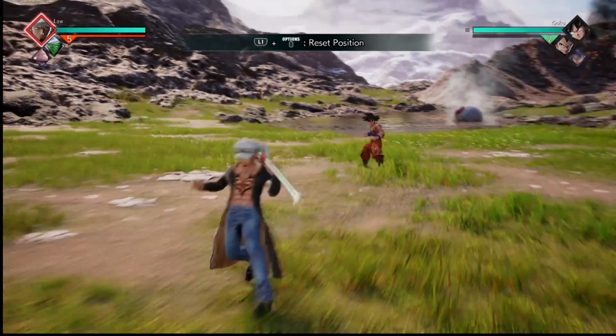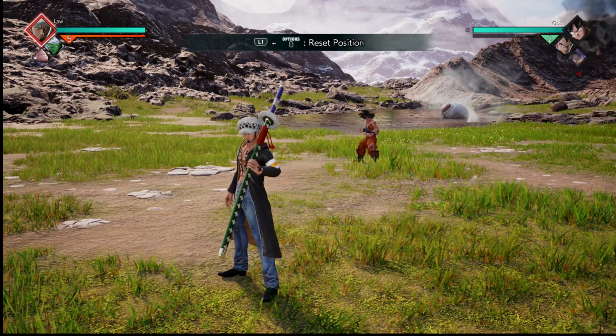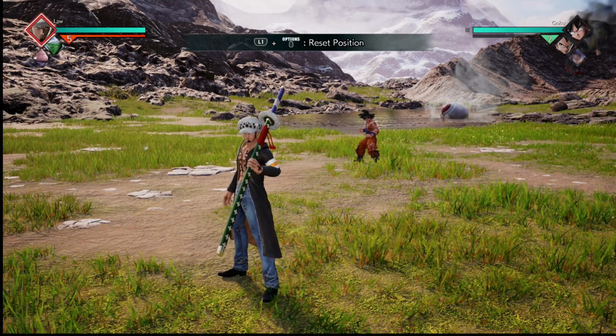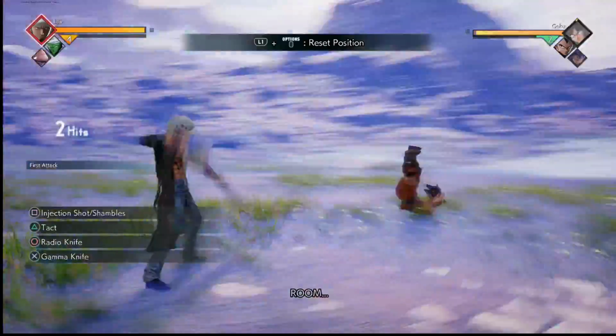Welcome to a new Jump Force video, and yes, I have the Law guide here for you guys, so let's jump right into it. Alright guys, for Law's first ability, Injection Shot / Shambles, it connects on the 1st, 2nd,